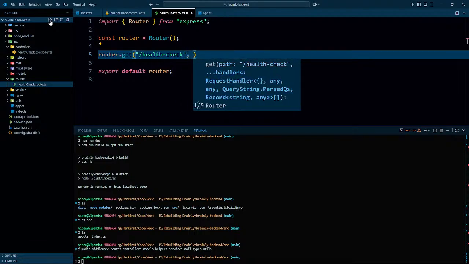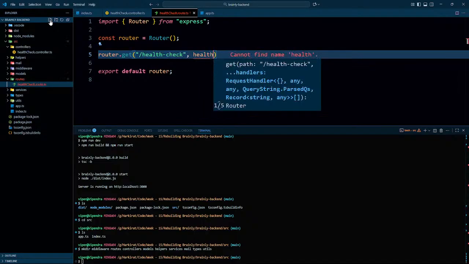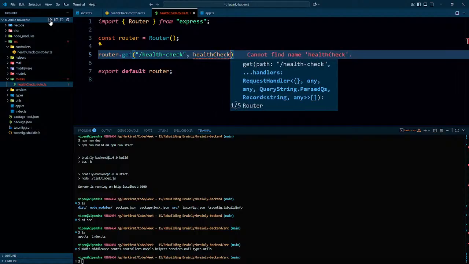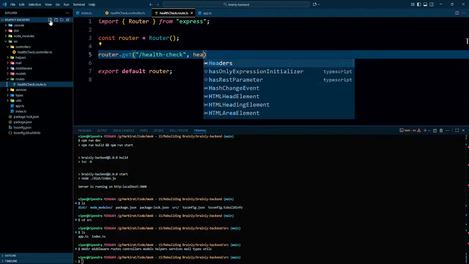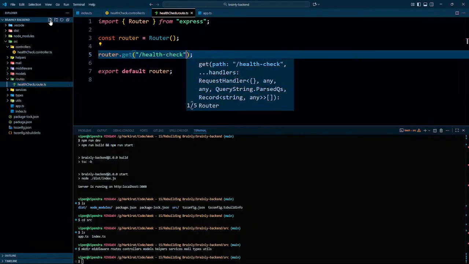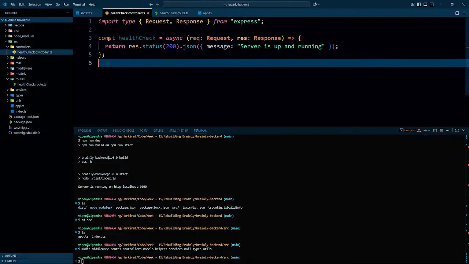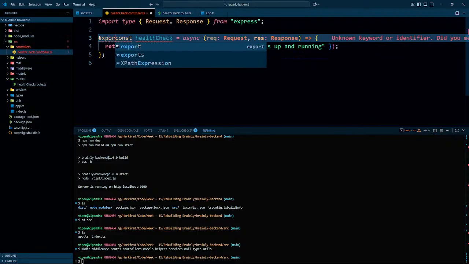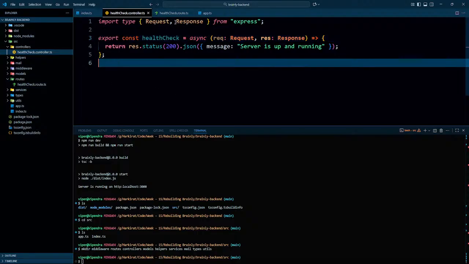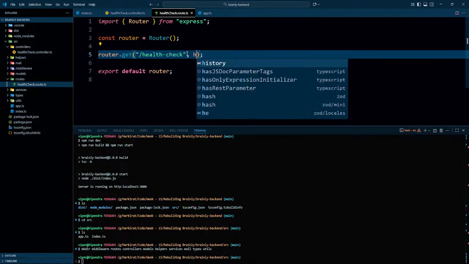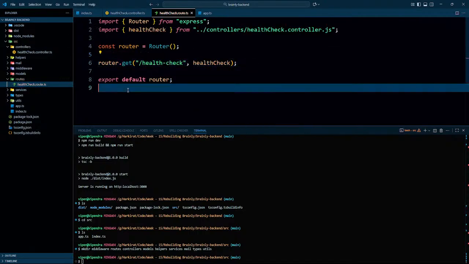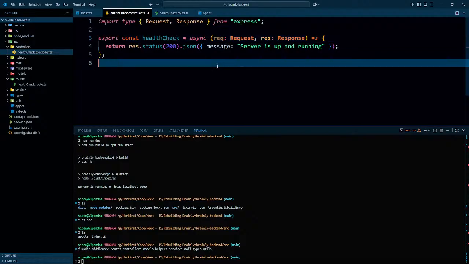Once this thing is done, I will have health check controller connected to it. Health check, well, I'm not getting that. That's insane. I should be getting that. Health check router get. I am not exporting that, I think. Let's check. Yeah, it's not being exported, so let's simply export it from here directly. So this thing is done, and right now it should be like health check controller right here. Once we have this thing in here, it's connected to that.